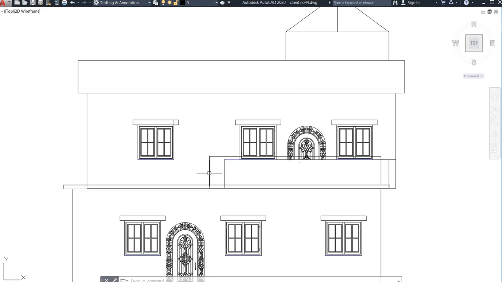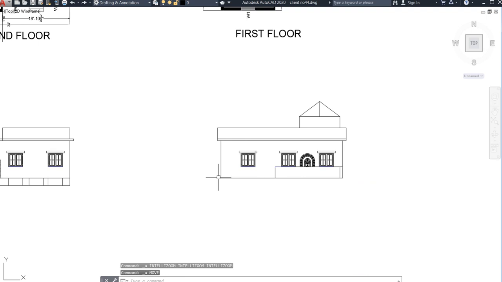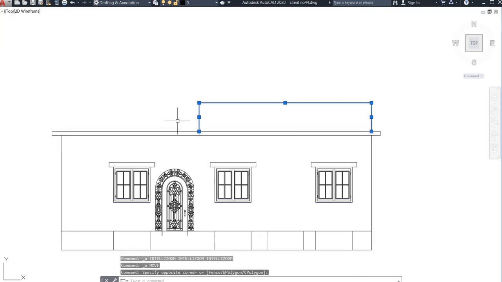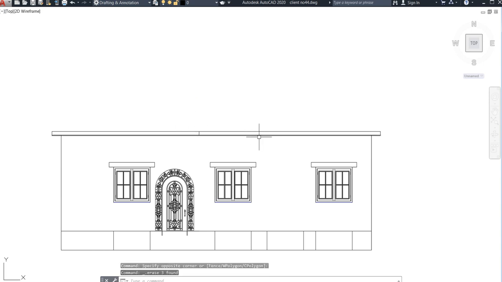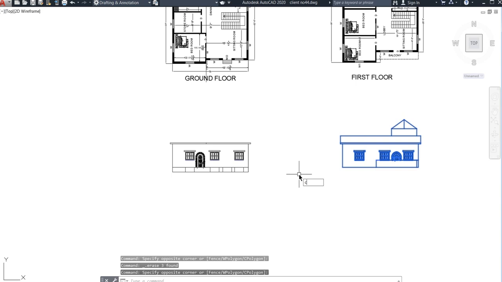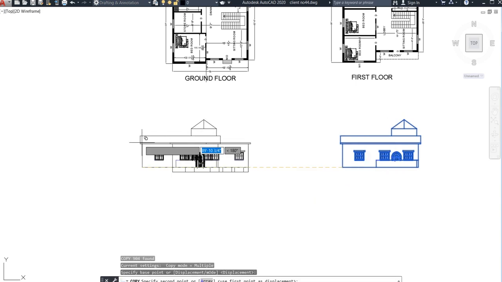See, something is not right. Once go to Control Z. So here we need not do anything. We just delete this. After that, go to copy command or move or whatever we need.